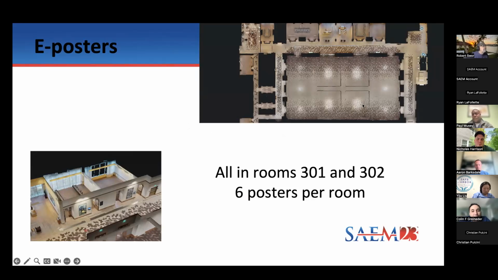So we were lucky enough to get the JW Marriott in Austin. I think it's going to be a beautiful facility. They gave us a sort of 3D map of the third floor where we're going to be holding all of the poster sessions. They're limited to just 2 rooms, 301 and 302, which you can see here from above. They're fairly spacious. And what you can't really see here is behind the entrance door, there's going to be a table there that's going to, I think, provide a home base for the moderator and the MSA for e-posters. There will be some handouts there. If you need them, we'll go over that in just a minute.